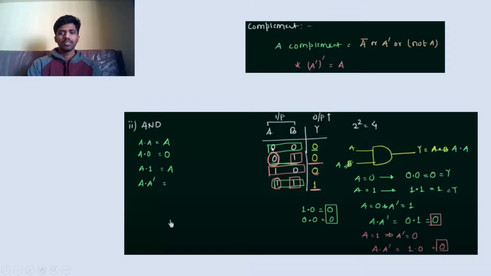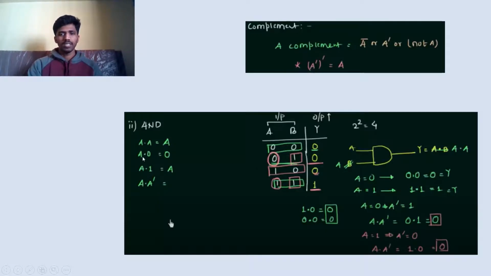So let's for this instance consider B as A input. Whenever the two A inputs are given at the input of AND gate, consider A as 0 and the other input is also 0, and we are getting 0 at the output. And if it is 1, then we are getting 1 at the output. So this output we are getting is similar to what we are pushing back to A. So A dot A gives us A.